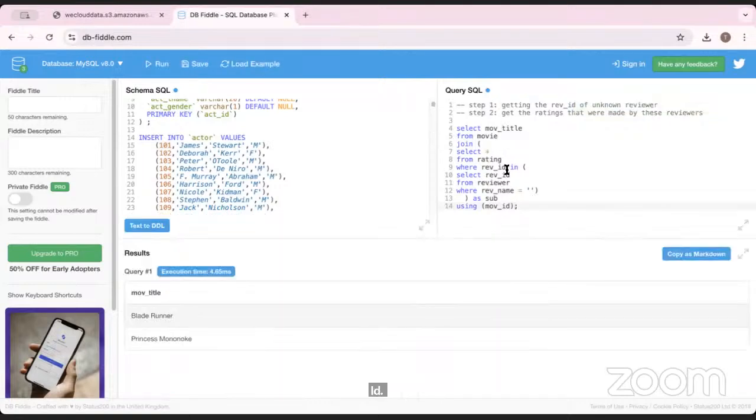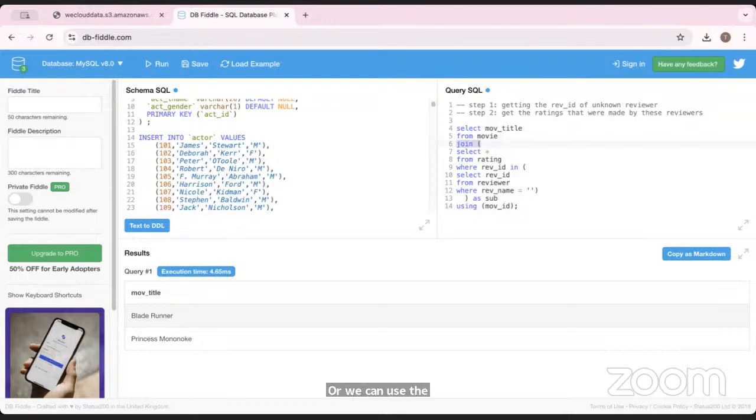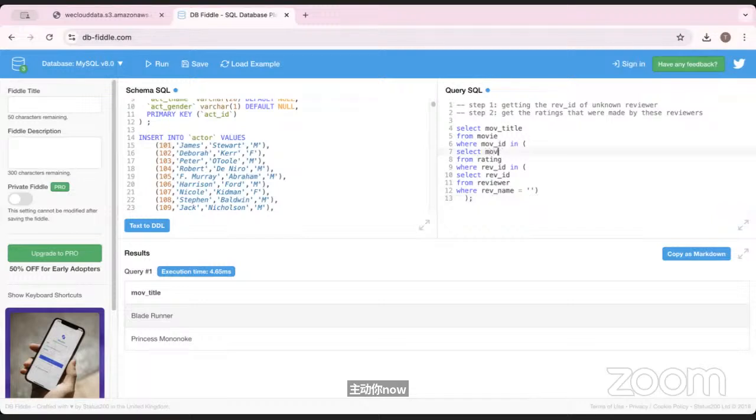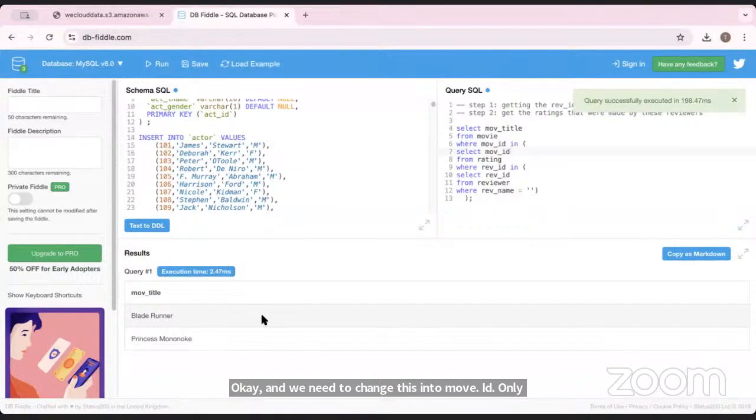We can join these two together to give us our information. Or we can use a filter. So we can say where movie ID in. We don't need all this, and we need to change this into movie ID only. It'll give you the same result,